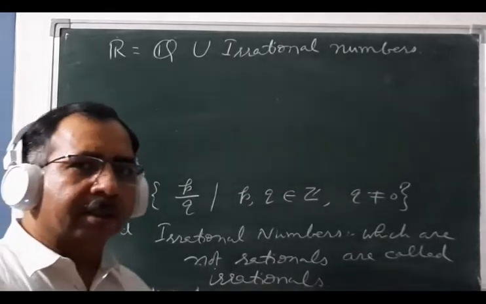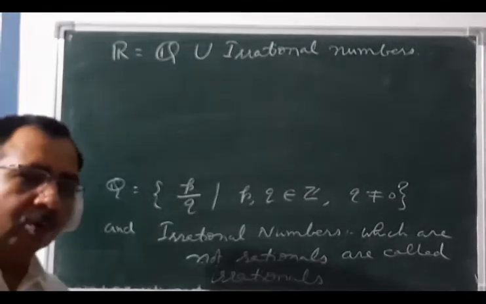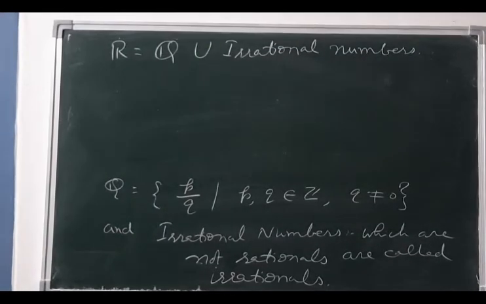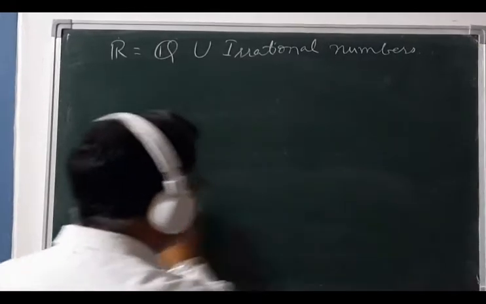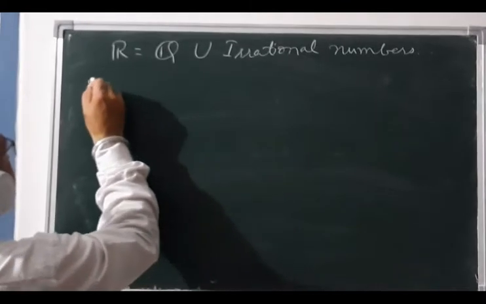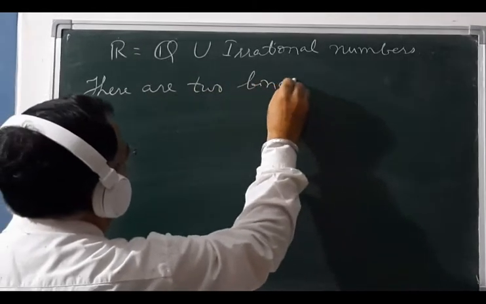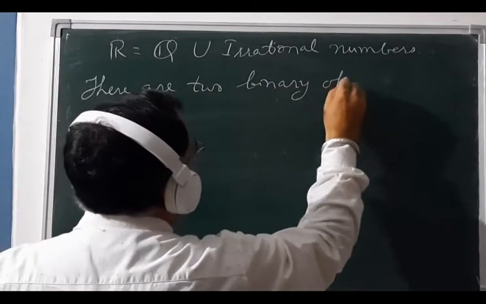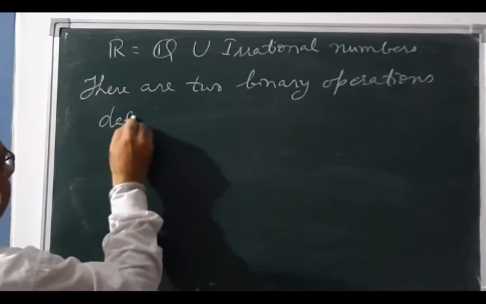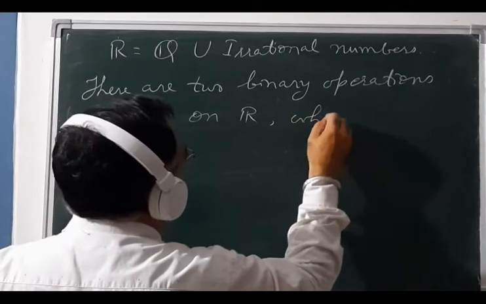So now let's discuss some axioms which the set R satisfies, and then by using those axioms we shall prove certain properties of the set of real numbers. There are two binary operations defined on R, which are